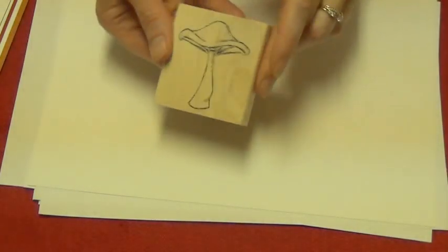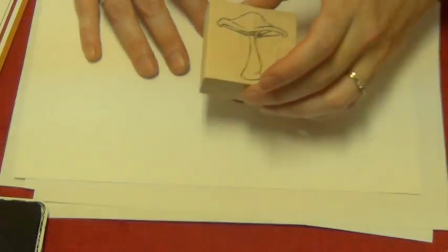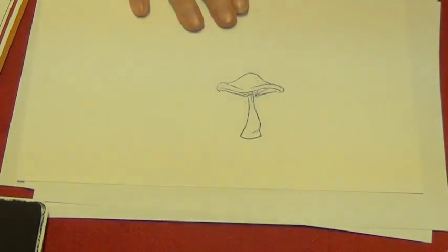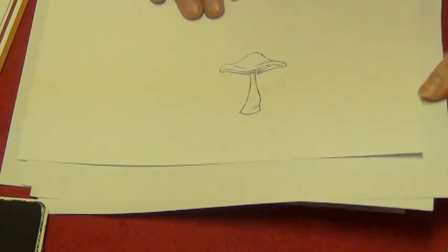So I'm going to grab my mushroom and my black ink. Start off by placing my mushroom down. This is a quick drying pad for watercolors, so I can watercolor over it. And I'm not going to worry about how well this one's stamped, because basically this is my placement mushroom. Now what I mean by that,